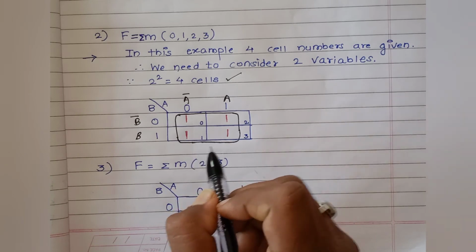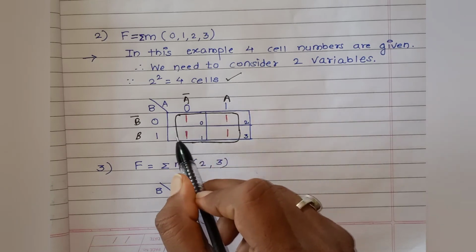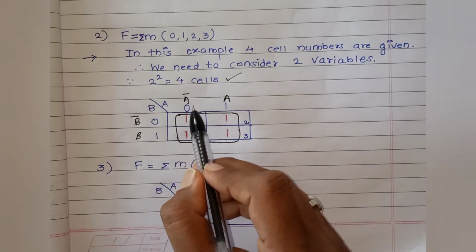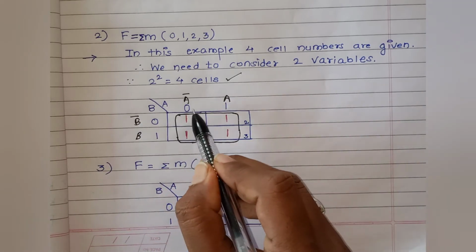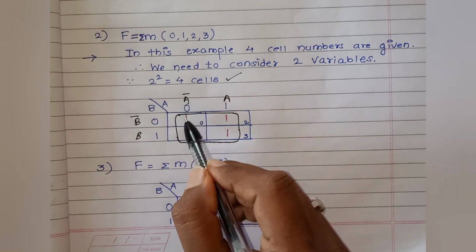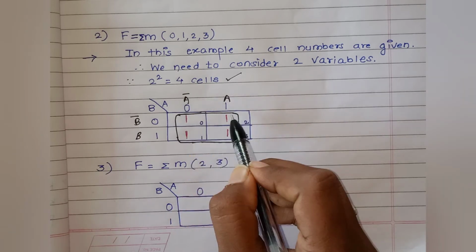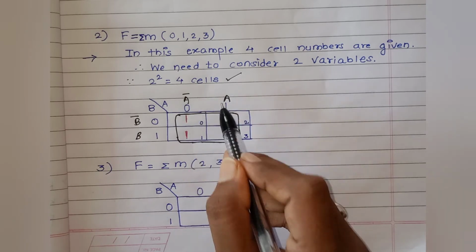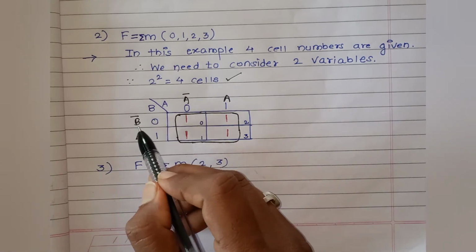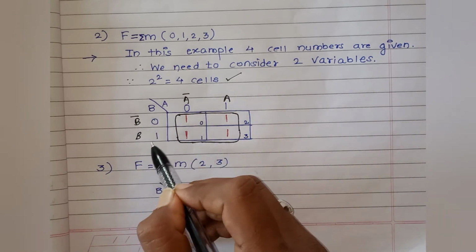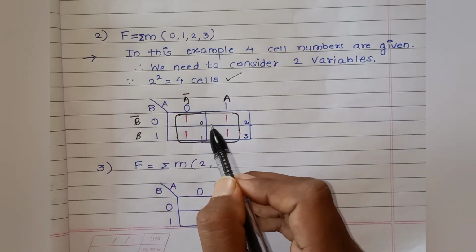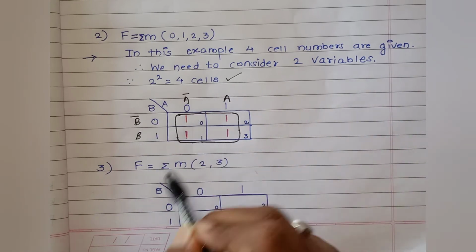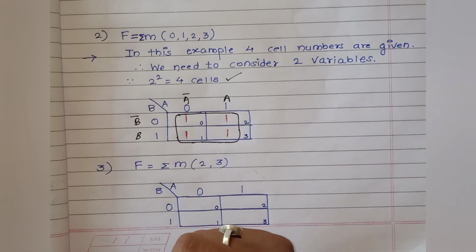But if you try to finalize the expression from this group, then see, 2 columns are involved and 2 rows are involved, right? So initially the first column was A bar, the second time it becomes A, means it is changing. Similarly, B bar was initially 0 and after that it becomes 1, means A and B both are changing, nothing is constant in that. So for this we cannot write a variable expression.